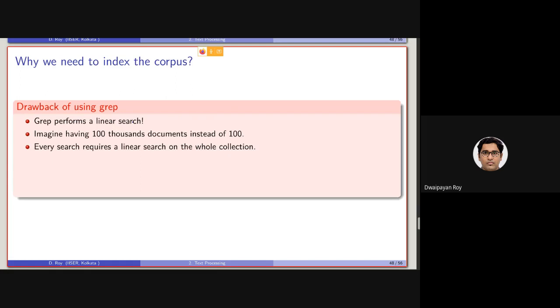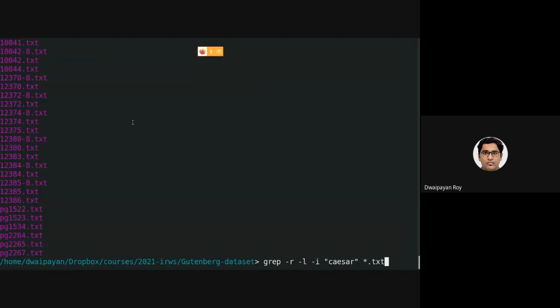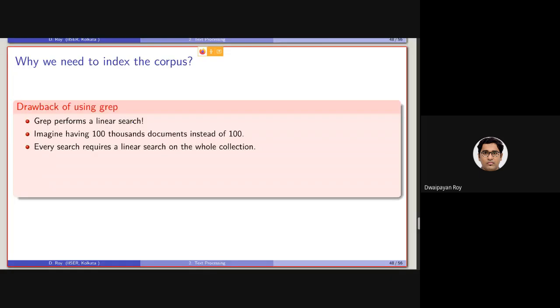Another thing is, if I am searching with Caesar, I am performing a linear search from the beginning. In the second case, if I am searching with Cleopatra, it will again perform another linear search. So for every search, a new linear search will be needed on the whole collection, which will be time consuming for all the queries.